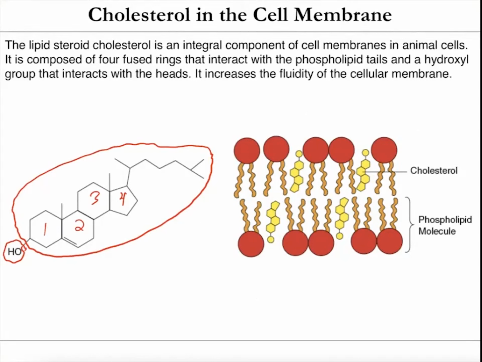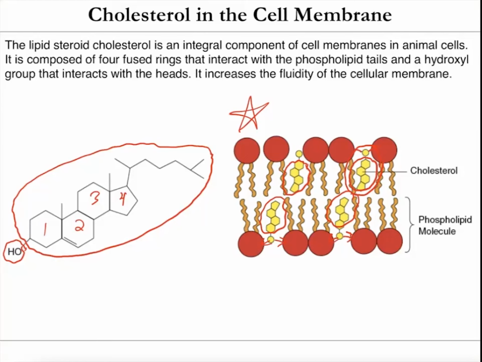It's the precursor for all the other steroids and for vitamin D and also for bile salts, which we didn't really talk about. But it's also really important in animal cells because it actually can incorporate into these lipid bilayers in your cell membranes. So this is a diagram of that right here. So we have these cholesterol molecules right here. And so that lipid group is going to interact with these hydrophobic tails in the lipid bilayer right here. And then that hydroxyl group can actually interact with the hydrophilic head groups.